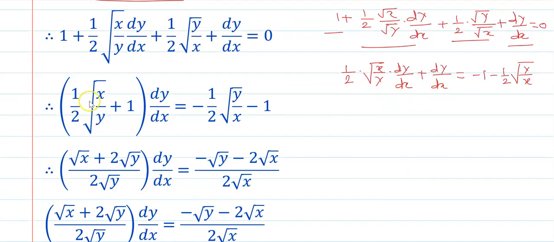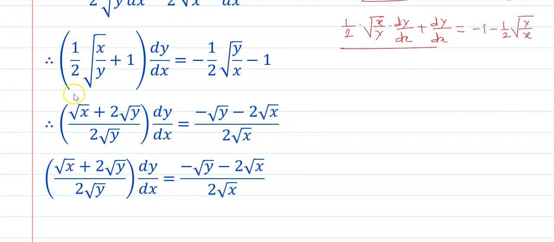We will take dy by dx common, that is 1 upon 2 in root of x upon y plus 1. If we take dy by dx common, bracket complete into dy by dx, and that's equals to minus 1 upon 2 root of y upon x minus 1. Okay, now next we will do the simplification. While simplifying, first is here root x upon 2 times root of y plus 1 bracket complete, into dy by dx. Okay, and this equals to, again